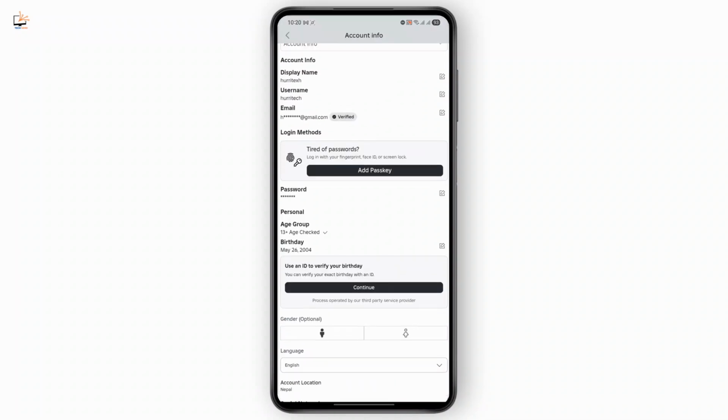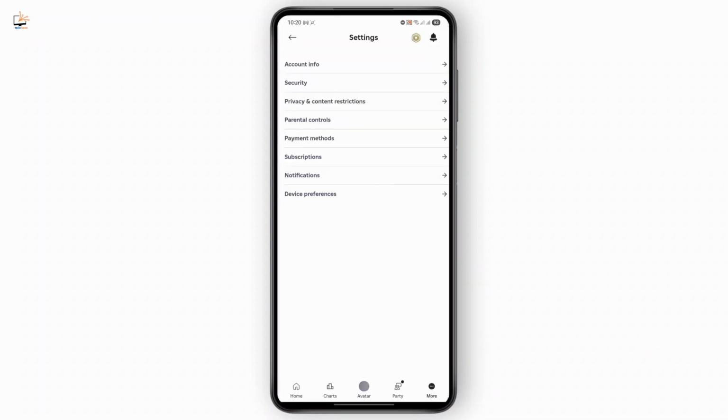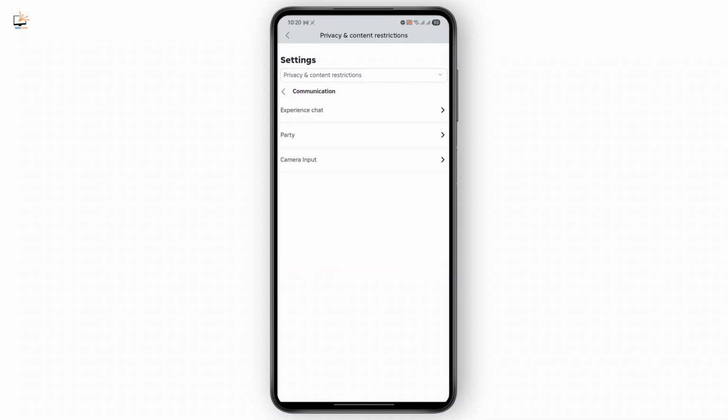Once you have checked your age group, then you can go ahead and go over to your settings with privacy and content restriction. Tap on it, and then you need to find your experience chat. Go to communication, go to experience chat, and then make sure it's selected to everyone, and direct chat is also selected to everyone. Then you need to go back, go to content maturity, and here you can move it to